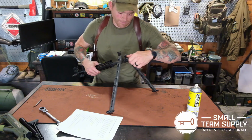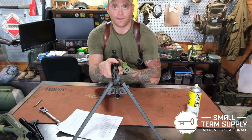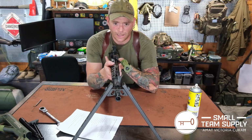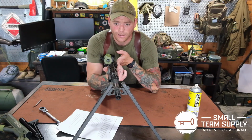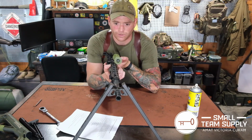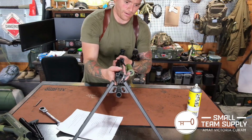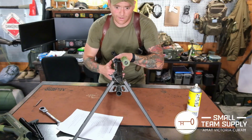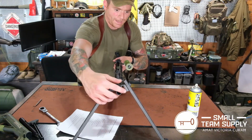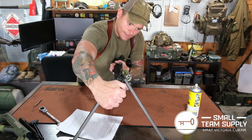Now, I've found that the best way to get this set up is you've got it like this. Tilt it as far left as you can go. Take note of its position, then tilt it as far right as you can go. And take note of where your bipod's currently limited. Now, perfect setup is about right there to there, and that way you can get your magazine out from either set. So the best way to do it is to tighten this A2 flash hider down hand tight,